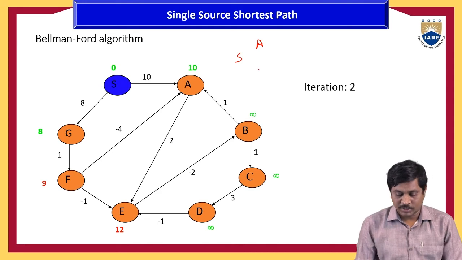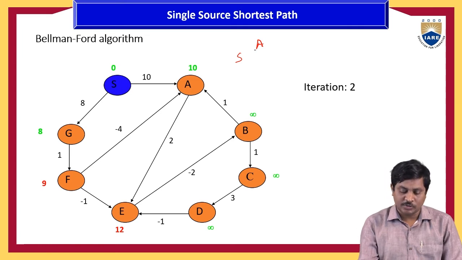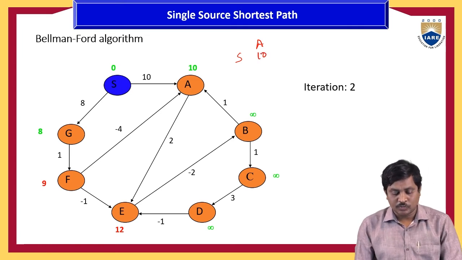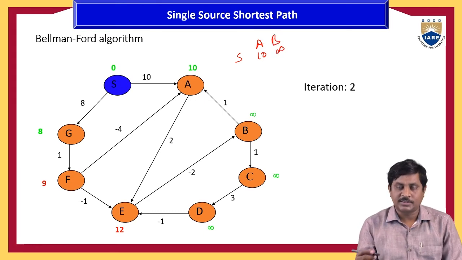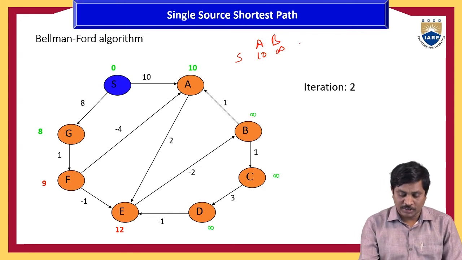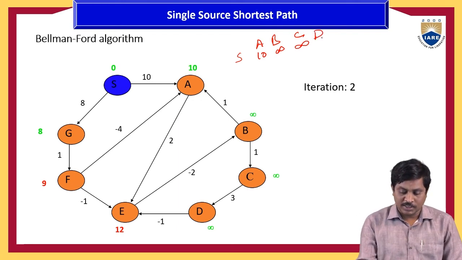Now direct connections, and also take one mediator node. Here we'll take one mediator node. So S to A is 10. S to B: even here, S to A to B is not there. With one mediator node it is not easy to find that one, so this S to B value is infinity. S to C also infinity. With one mediator node we won't find the shortest path from S to C. S to D, D also infinity.